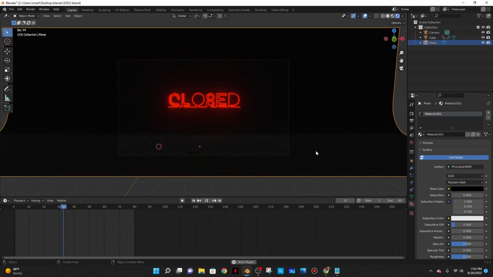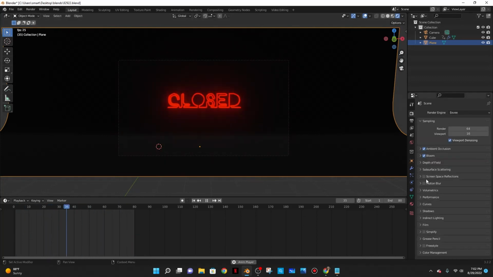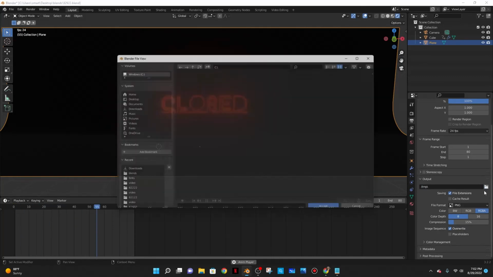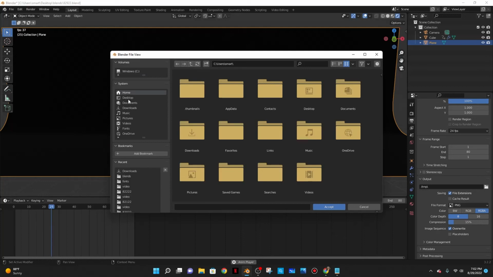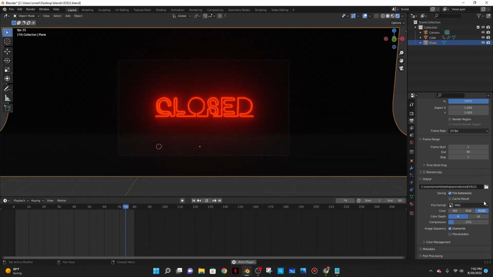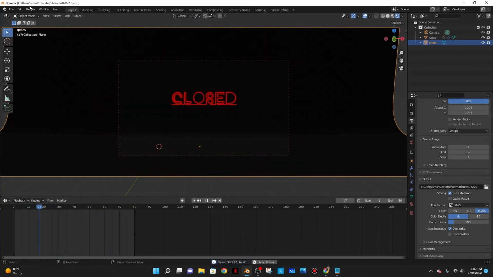It's pretty cool. Alright, I think I'm gonna leave it like that, honestly. And then just for the rendering part, I just go to output properties, which is right here, and I'll select a folder for all of my frames to render as images. I'll go to desktop, animations, create a folder, I'll call it 82922, render that, accept, and then just make sure my file format is PNG, and do Control S, and then just render animation, and those 80 frames should render as PNG images in that folder,